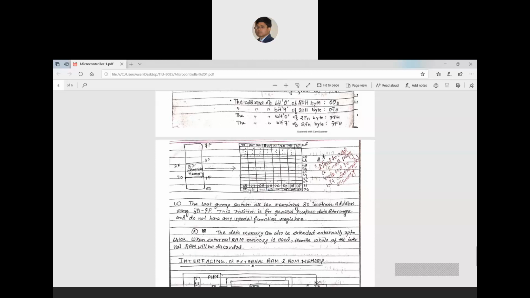So this way the addresses increase. The final bit is here, you can see 7f. So starting from 00 and ending at 7f is the address of each and every bit, but 20 to 2f is the address of the segments. So 20 is the address of a segment, then you have to specify which bit you want to go to. 21 is the address of the next segment, then you specify which bit you want to go to.